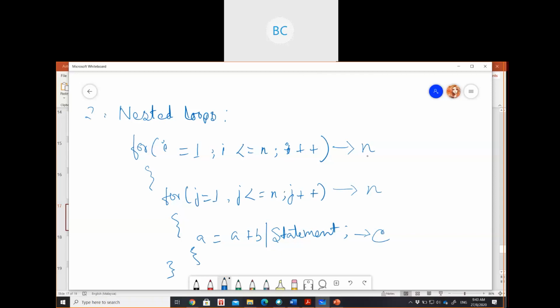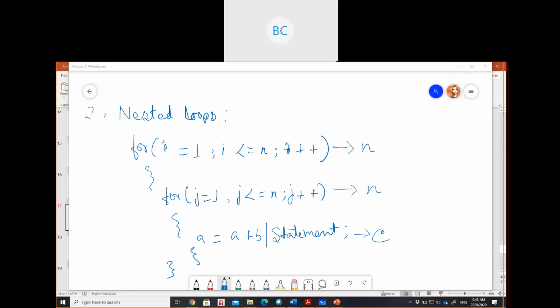This for loop will take n time, just following the normal rule of for loop. Then this for loop will again take n times, same rule number 1: any for loop will run for n times. The second loop will run for n times. Then the statement within the for loop will run in constant time, C.